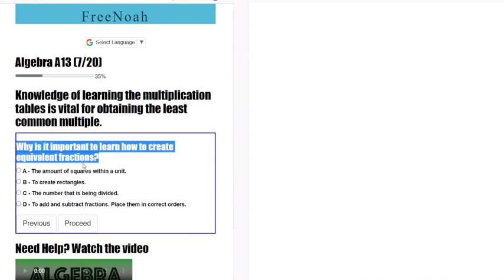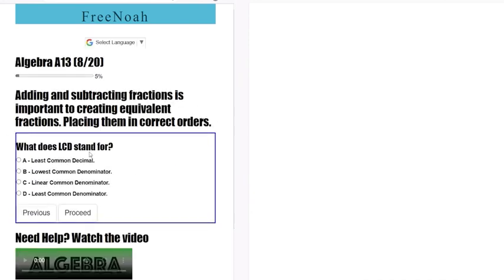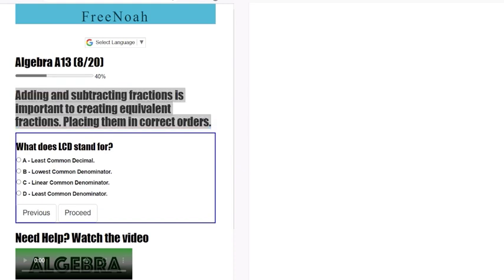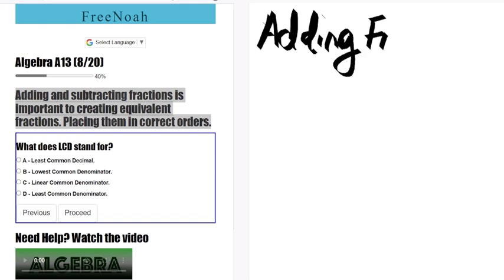The importance of creating equivalent fractions. So adding and subtracting fractions is important to creating equivalent fractions, placing them in the correct order. I'm assuming by now everyone has memorized their times table. If we pick up from our last video, I stated that